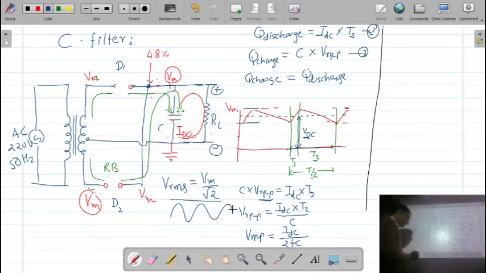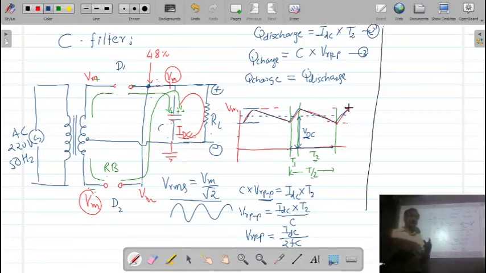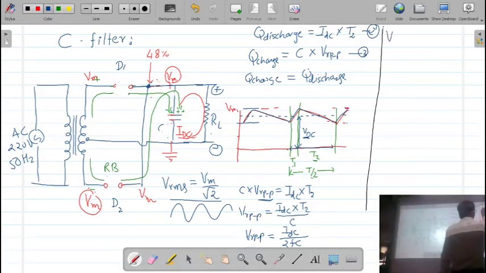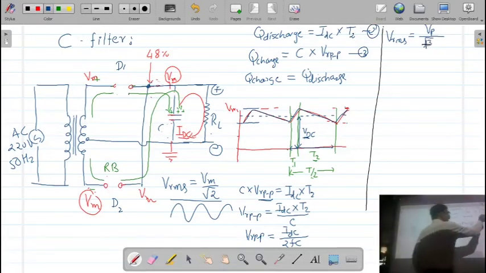But remember, here whatever the RMS value you have calculated, it is for a sine wave. But in our case, the waveform is not a sine wave, it is a triangle wave. So the RMS value will be different. RMS value does not depend on the frequency, but it depends on the shape of the signal. And in this case, for the triangle wave, the RMS value is given by the peak value divided by root 3. Remember, instead of root 2, you have to consider root 3.